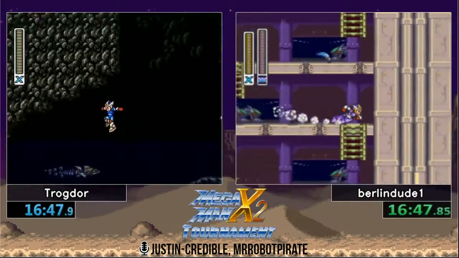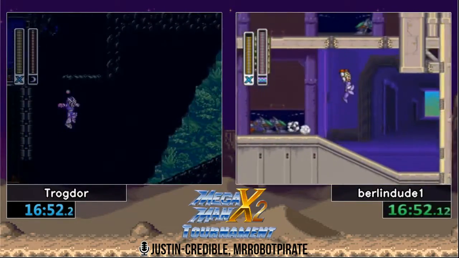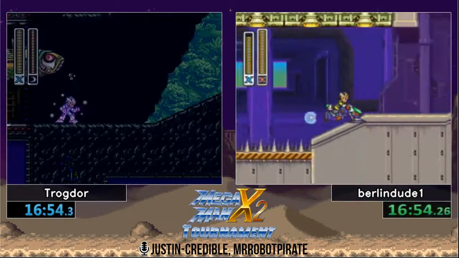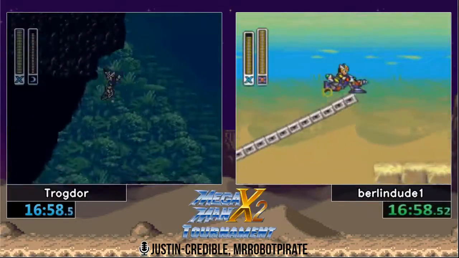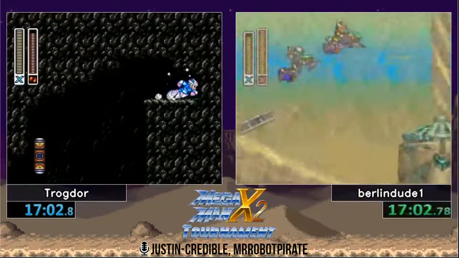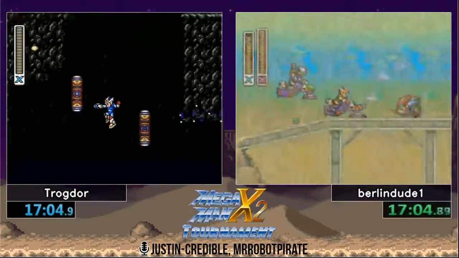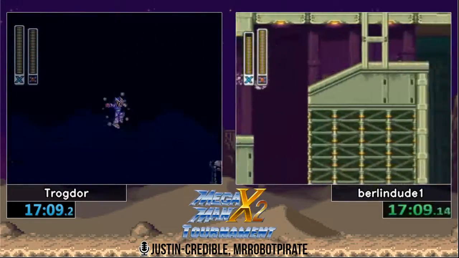And Berlin entering the ostrich stage, also getting on the bike. Hopefully he can pull off the bike section, because it's also not the easiest. And Trogdor just finishing off the fish with the charged slicer, getting the slope jump first try and going to the heart. That is,